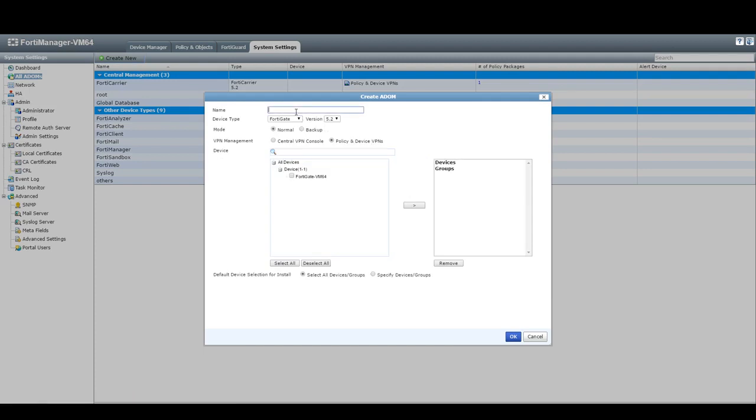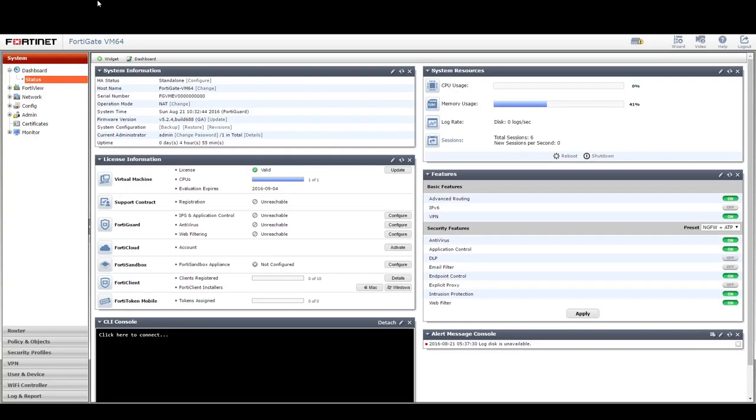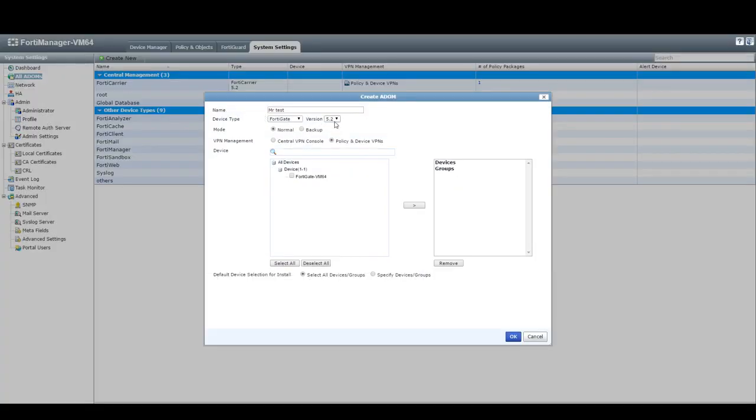We're going to give it a name. Device type is a FortiGate. Version, if we go back to the actual FortiGate itself, we can look at the firmware version here, and it says it's 5.2, so we need to select 5.2. If the version is incorrect, then any configurations we do under this add-on and try to install onto the device may result in a syntax error. We're going to just use the normal add-on, keep everything else the same, take the device, move it across, and